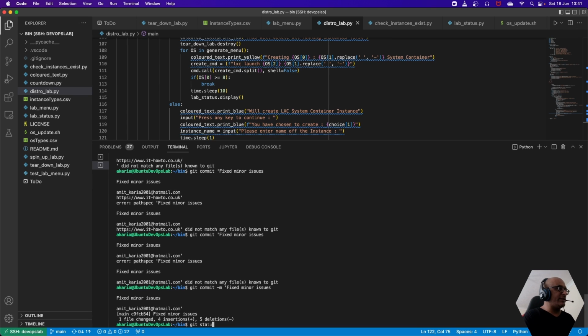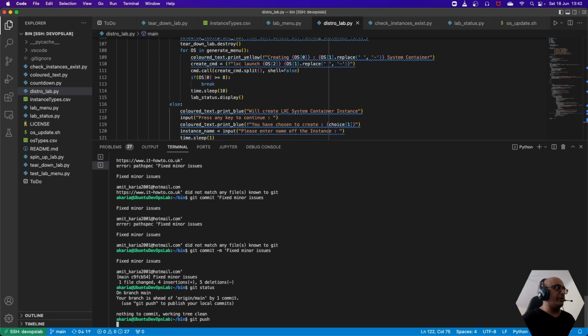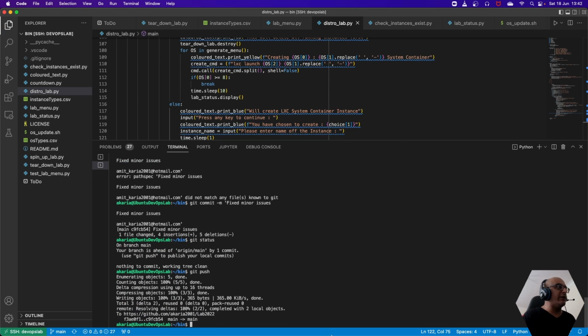I put in git status, and finally I'm just going to put in a git push. Now this is my personal project. I'm the only one working on this. People that work in a professional environment that write code, and I'm not a developer, I'm not a coder, but people that do coding, development, programming for a living, what they tend to do is they will have someone actually review their code before they actually commit their code to the repository. But in this case, for this personal project, I don't need someone to review my code. So I'm just going to go ahead and type in git push, and I will now go back to my